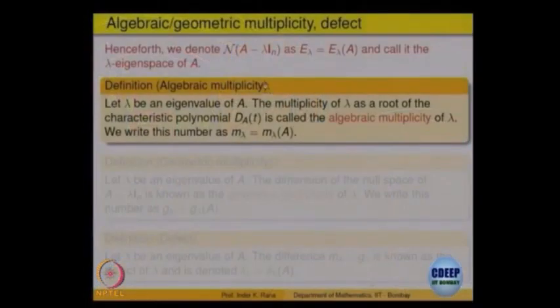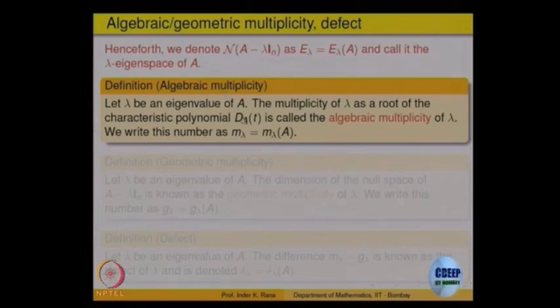So, let us give some names to these things. The null space of A minus lambda I, that is the solution space, we will start denoting as E lambda, the eigen subspace for the eigenvalue lambda. All the vectors which form a solution for (A minus lambda I) applied to x equal to 0. That is the null space of that matrix, and we give it different names.